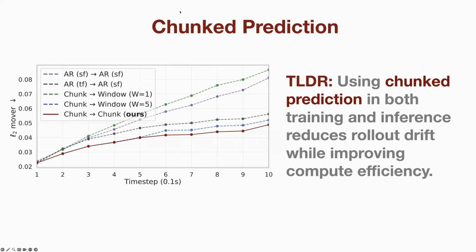This is very similar to what people have observed when training policies, because using chunk prediction does help in both training and inference, since it reduces the rollout drift. And of course, what's also important here is that it improves computation efficiency a lot, because alternatively you have to do autoregressive prediction to chain them across different time steps. Now you can still chain them, but you only need one forward pass for each 1 second.